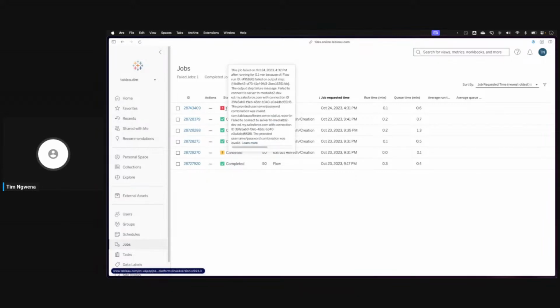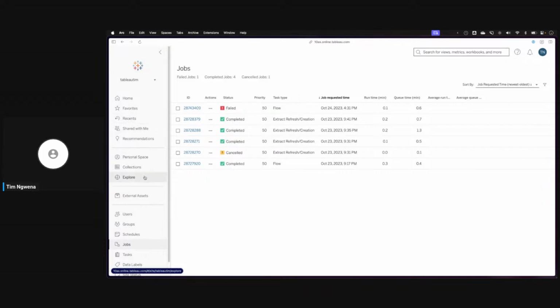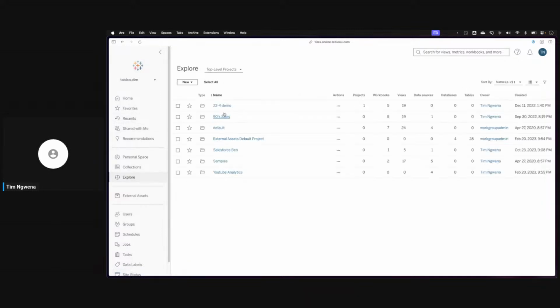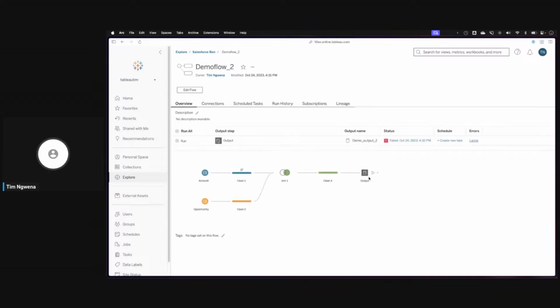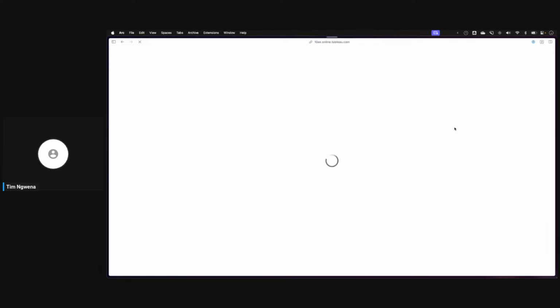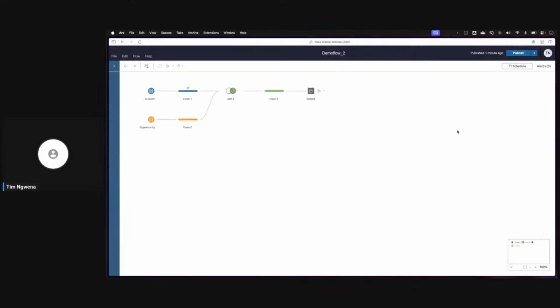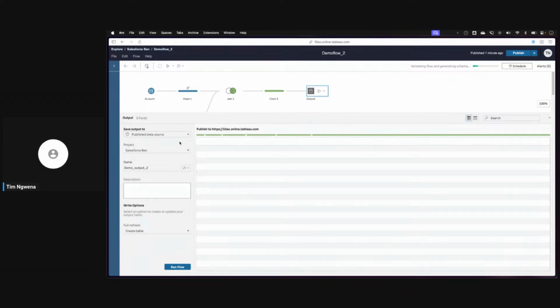Does it say why it failed? Oh, because I didn't embed. I know why it failed. I don't know if you saw me when I was publishing this, but I failed to publish and include my credentials for Salesforce in the flow when it ran. It told me this when I went to publish, but if I click on this connection here and make sure that's correct, and if I go to publish, let's go do this,